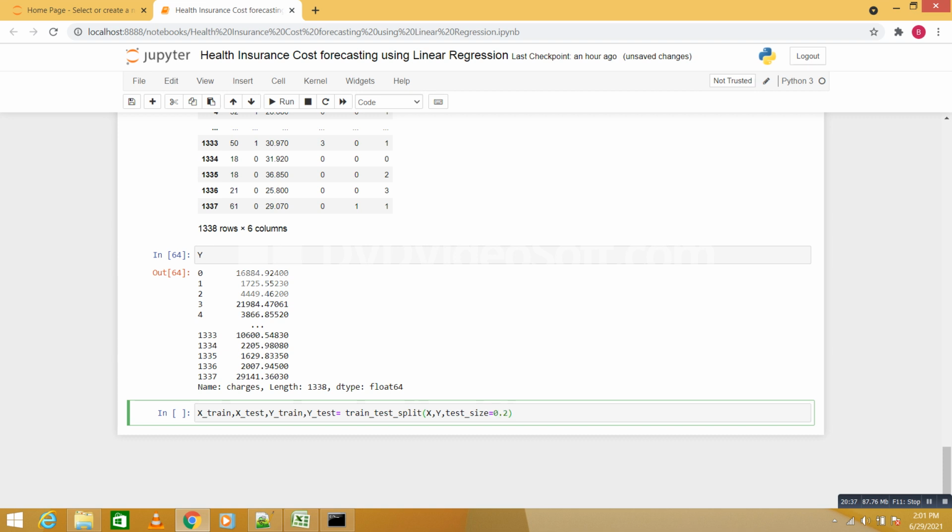So we have split our data into x train, x test, y train, y test. Based on 0.2, 80% of the data is in train and 20% is in test. A changing random state means every time the data will change. So this is the way we split the data.